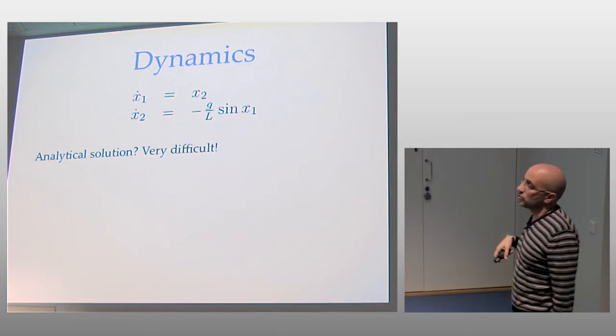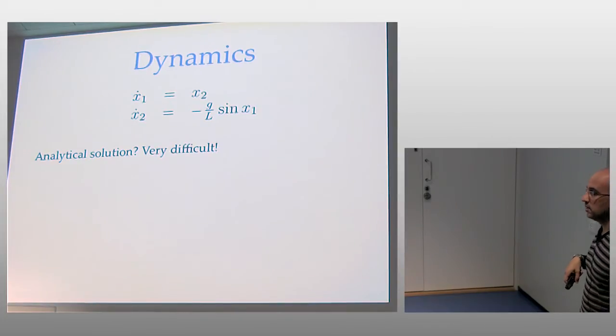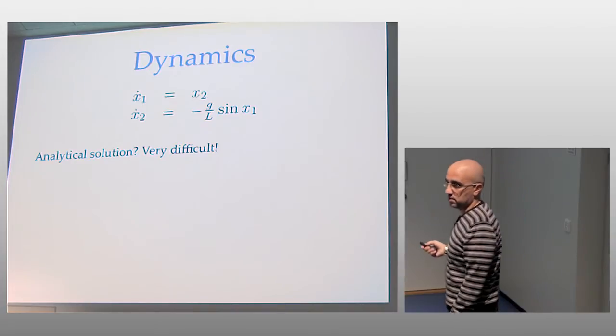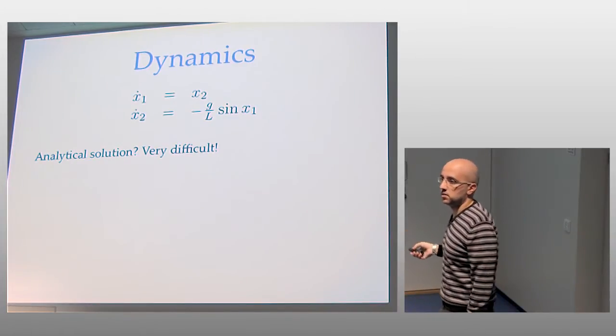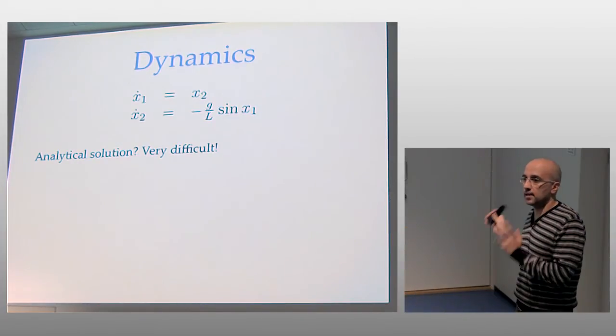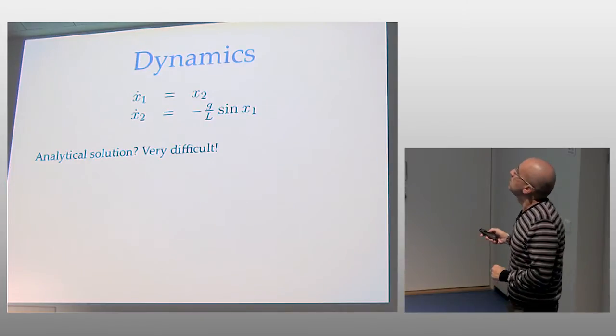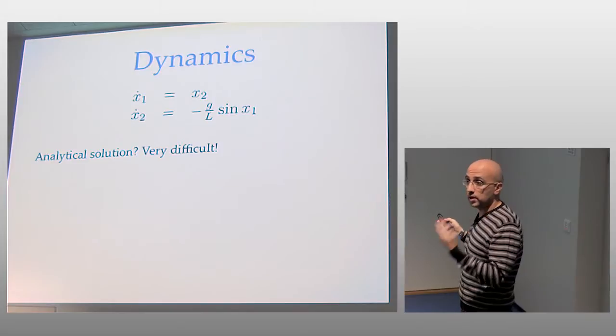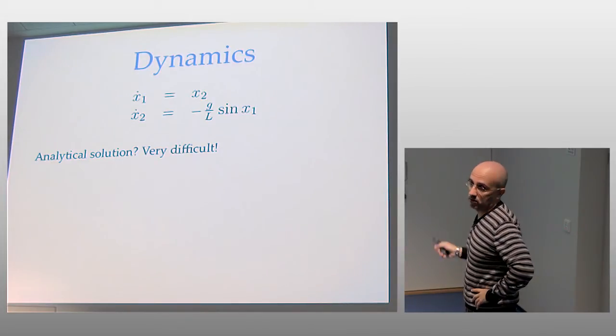So the analytical solution of this is very difficult, but there is an analytic solution by using Jacobi elliptic functions. This is a well-known thing. It's a difficult exercise, but it's a nice exercise. So you know exactly how to solve this. But we don't care about that. We'll try to have a hint about what really happens in this system without solving the system